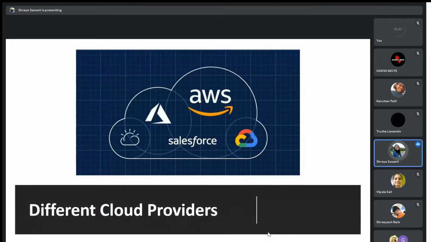Among cloud service providers, we have companies like AWS, Microsoft Azure, and Google Cloud, which are the leading ones. AWS is found in multiple locations, and Google Cloud is very good on cost, being the least expensive.